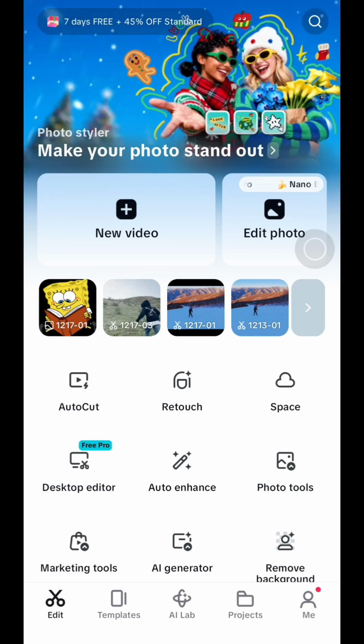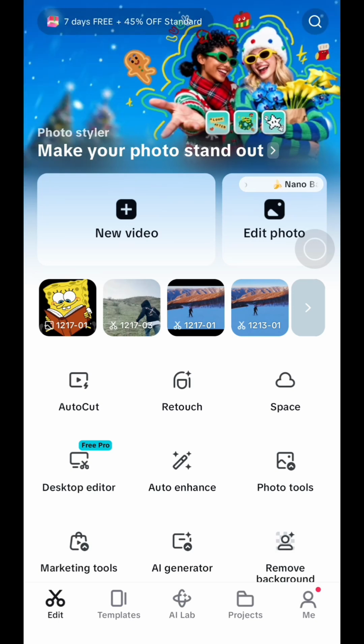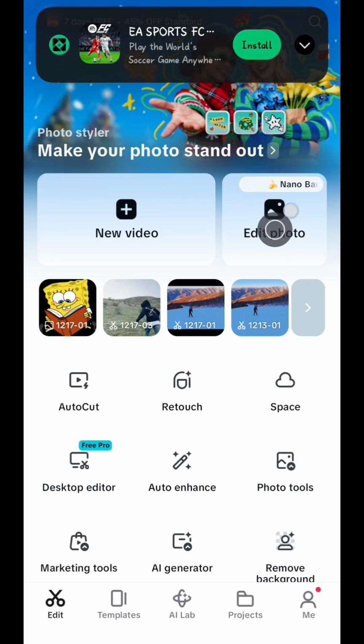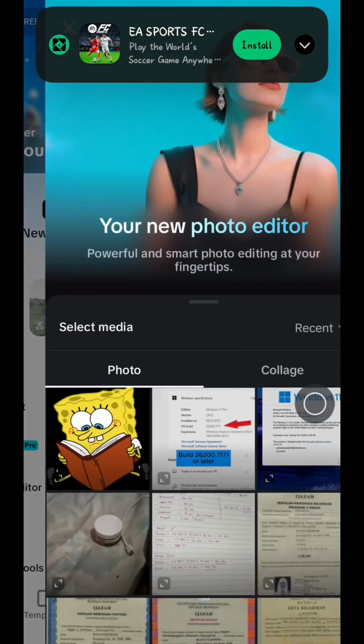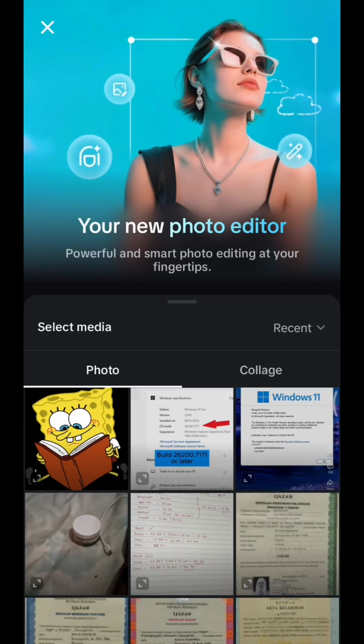First, just open CapCut, and then next, on the home screen like this, just tap on the photo editor. Edit photo, this one, just tap on it, and then next just select the photo that you want to resize from your gallery like this, and after that just tap on this edit icon, and then next just tap on crop,